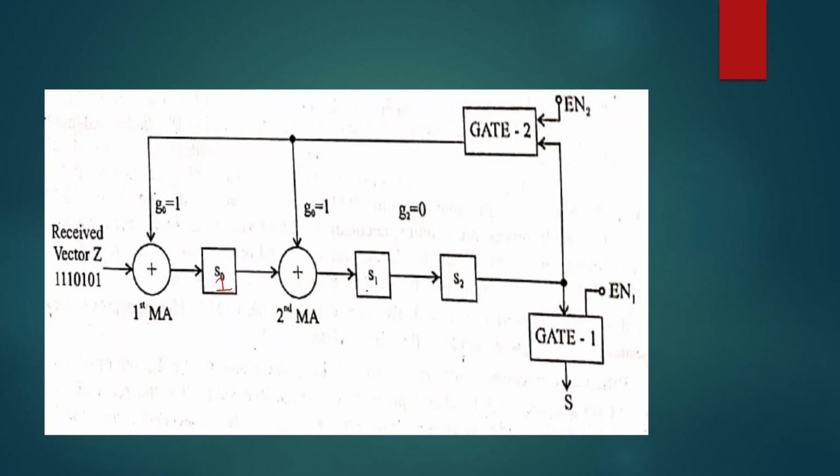Next, so now the sixth bit will come. The current state is 1 1 0. Sixth bit will come, which is this particular one. So 1 appears over here again. So here is 0 0 because the last bit is 0 over here in the S2. So 1 plus 0 is 1. So 1 gets retained. 1 will come out. The previous 1 will come out. 0 plus 1 is 1. And 1 that was previously over here gets shifted to the extreme right, which is 1. So this happens for the sixth bit. So 1 comes out. Then, the current contents of the shift registers are 1 1 1.